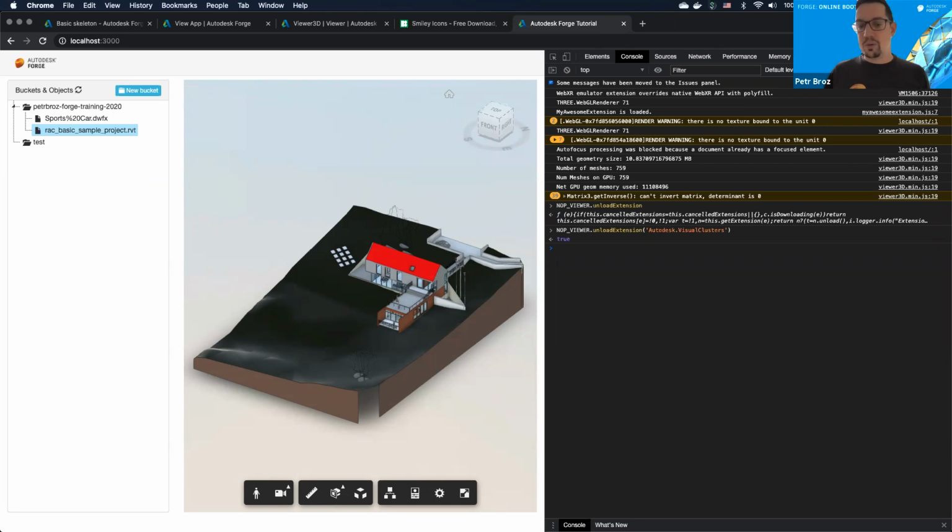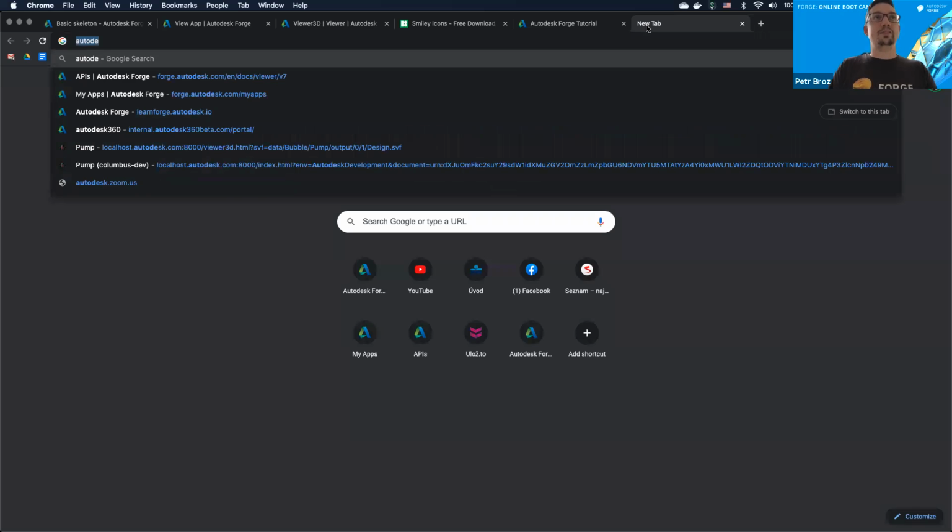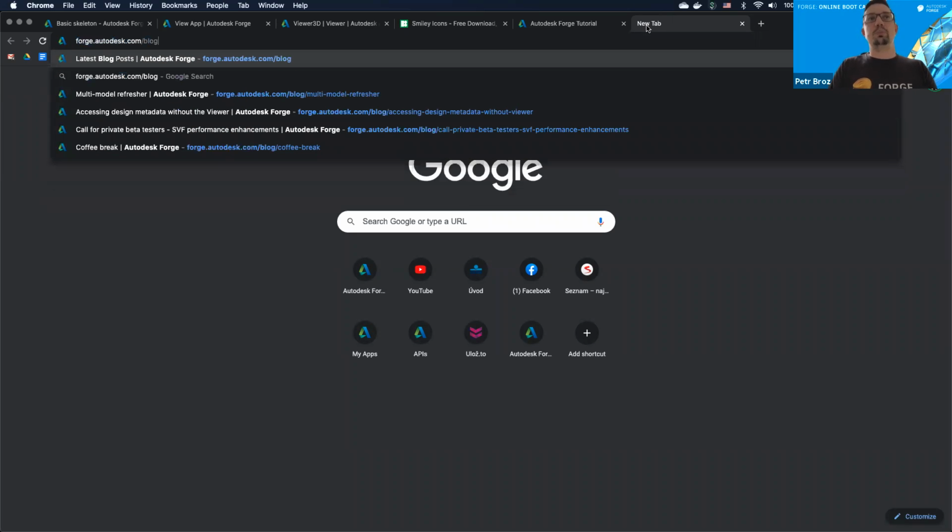So for those of you who don't know, Forge Viewer also provides some snapping functionality so that when you're building something where maybe you want to be able to move your objects around, which is also something you can do, you can make the behavior, the interaction, even better by actually snapping to various points on the geometry. That's a bit more involved. Again, we may get to that if we have more time after one of our segments today, but in the meantime, I would recommend that you go to our blog,